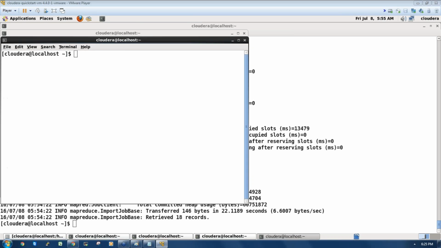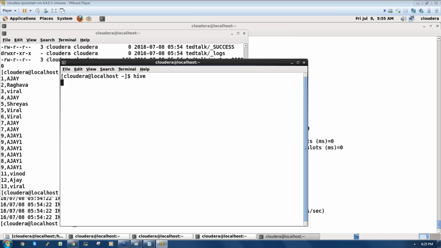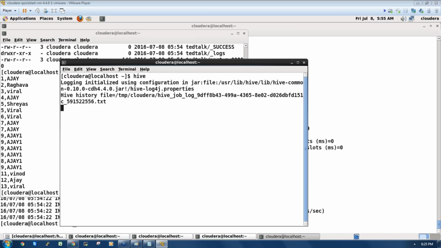Then Hive is a data processing tool which is similar to a MySQL kind of program, right? So I can create a table here, create table, like a TED talk, then ID is an integer, then the name is a string. Okay, so define the schema for the table, right? Because here one is ID, then the second one is a name. Each field is separated by the comma.